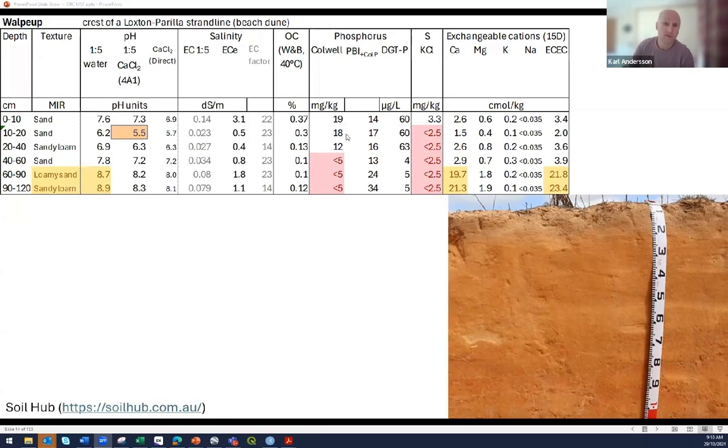P is probably fairly decent for there, but again, low underneath. While the soil is alkaline, we've got a little bit of this acidity just below the surface coming in. And that's something I believe is coming in with farming and especially the high yielding sorts of crops. Ag is an extractive industry. We're taking out nutrients for us, and that means taking out things that leave the soil more acidic, as well as some of the fertilizers and nitrogen cycles can have this effect. So that's something that's emerging and you want to keep an eye on.